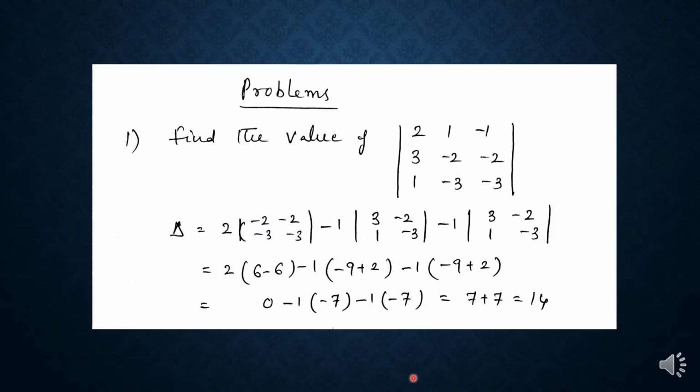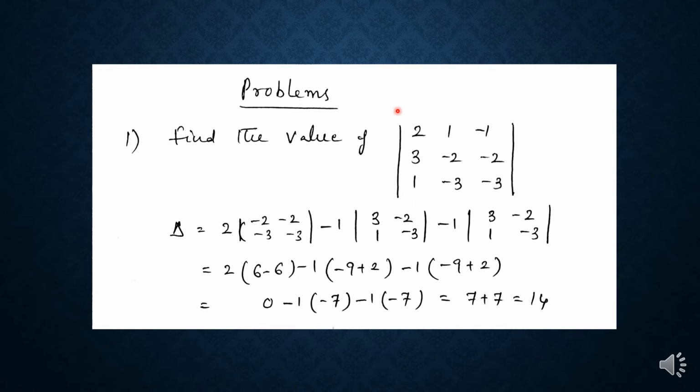Okay, let's see some problems here. Find the value of the determinant with rows 2, 1, minus 1; 3, minus 2, minus 2; 1, minus 3, minus 3. So this is a third order determinant. To compute this determinant,